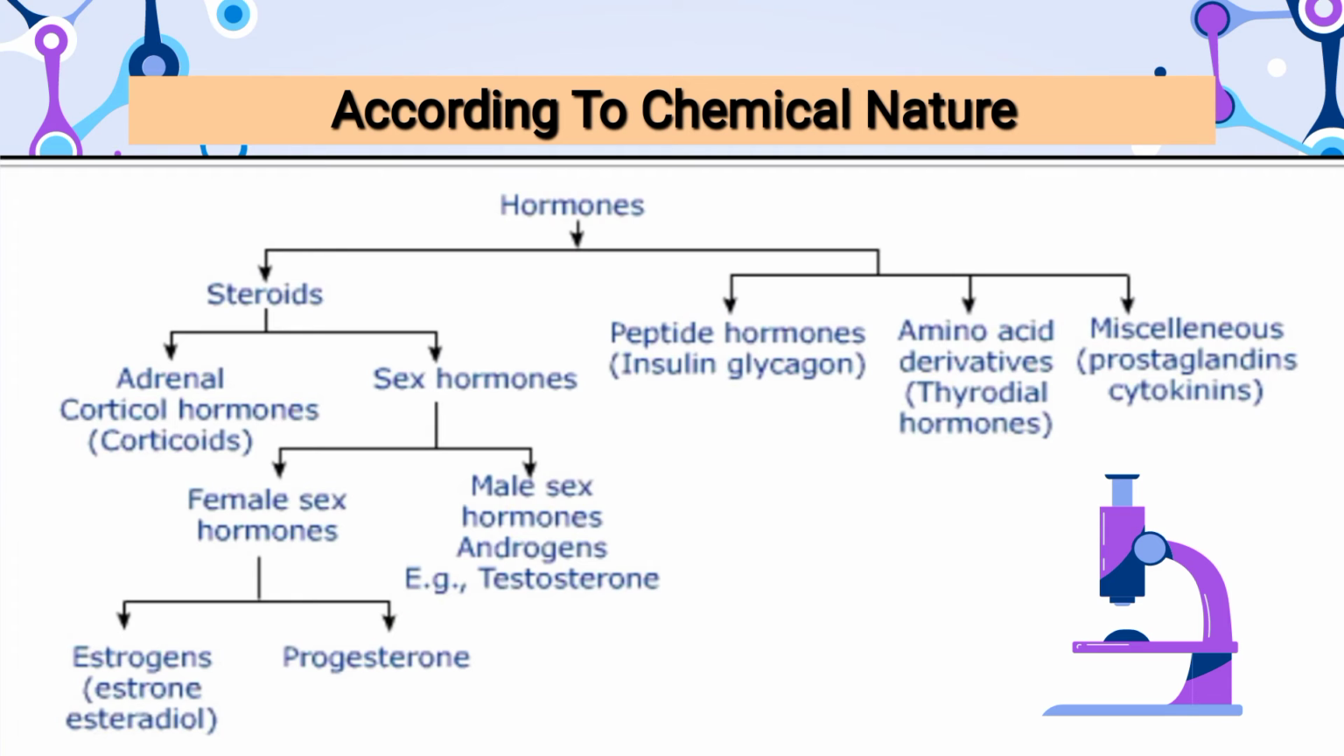Now, the second one is the adrenal cortex hormones. These hormones are produced in the adrenal cortex. They are mainly adrenocortical hormones, which basically divide into two, that is glucocorticoids and mineralocorticoids. Glucocorticoids consist of